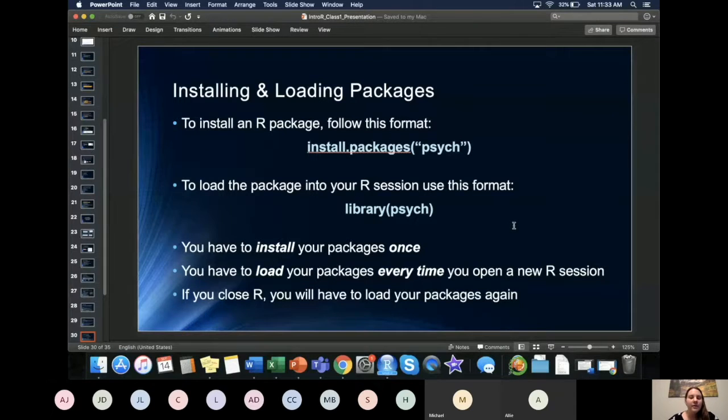So in R, there's a thing called a package. There are certain functions like mean and standard deviation and read.csv. When you download R onto your computer, like I showed you earlier, it automatically puts certain functions on R. However, R is open source, like I said, so it's free, and individuals in the R community can